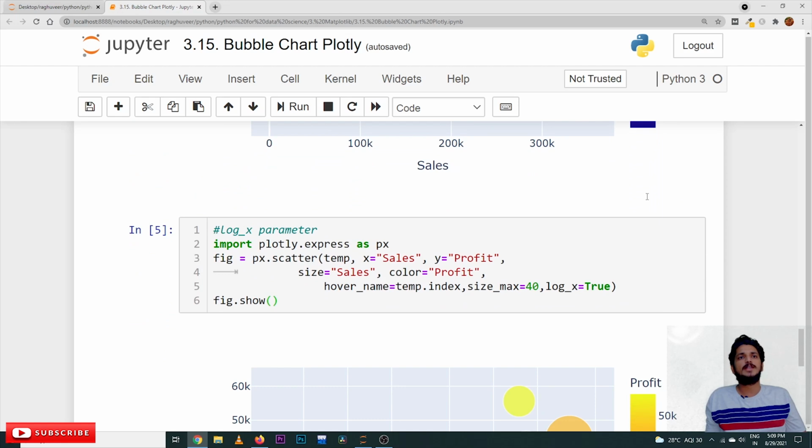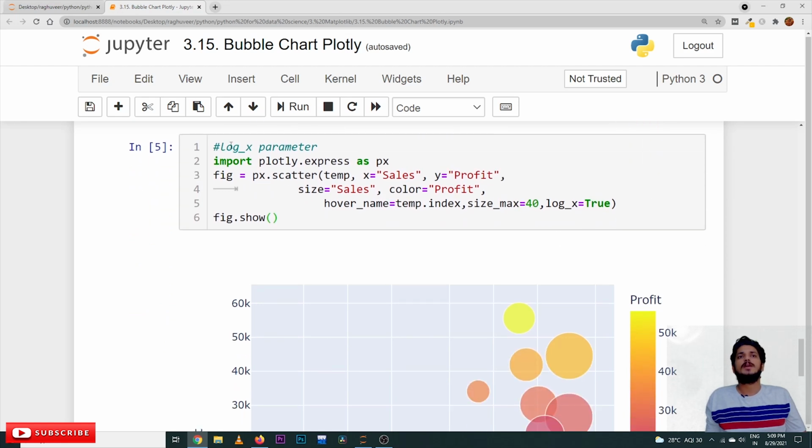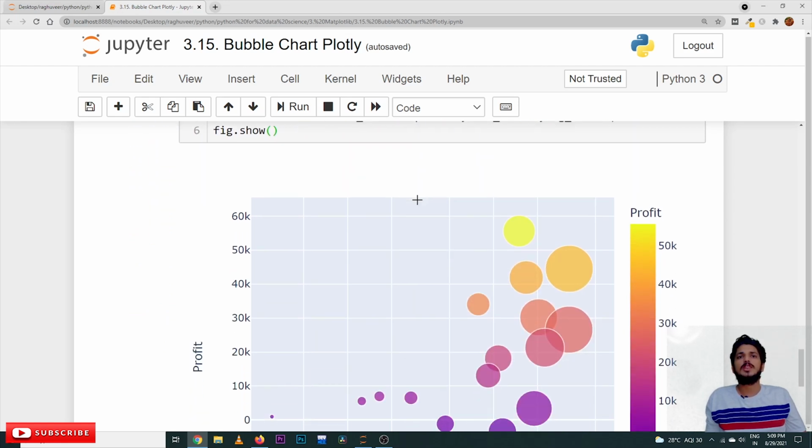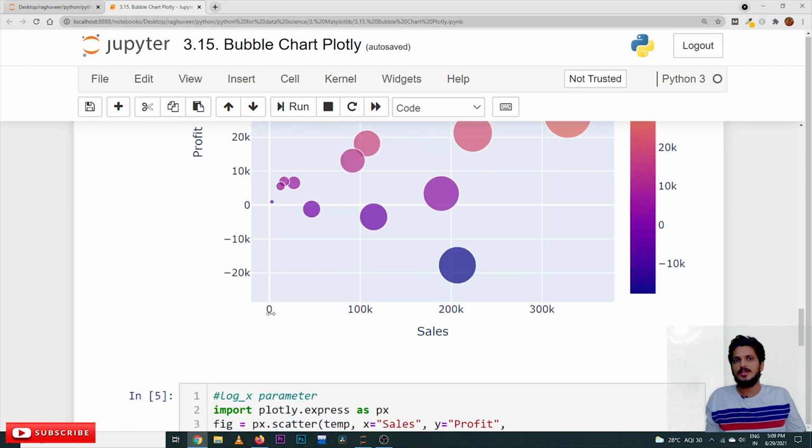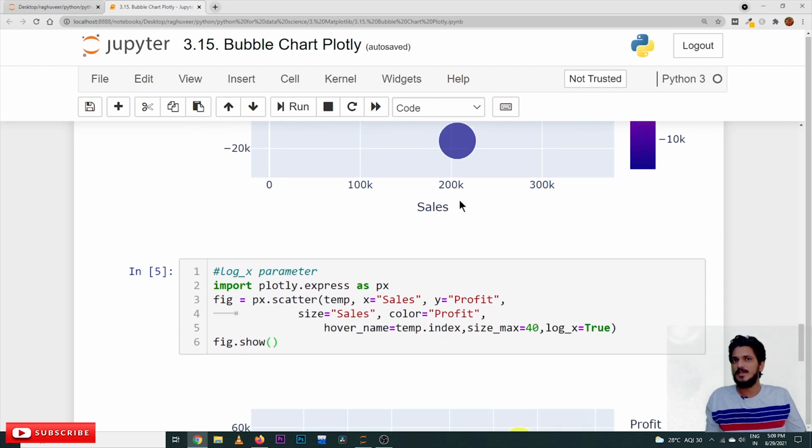Now the next option is the log x parameter. In our previous example we considered the axis as 0, 100k, 200k, 300k. If you want to consider the logarithmic values of these, whatever is mentioned here, you can use the option called log x.